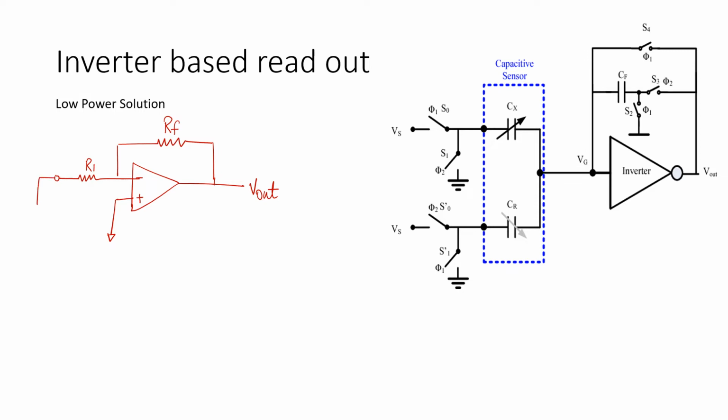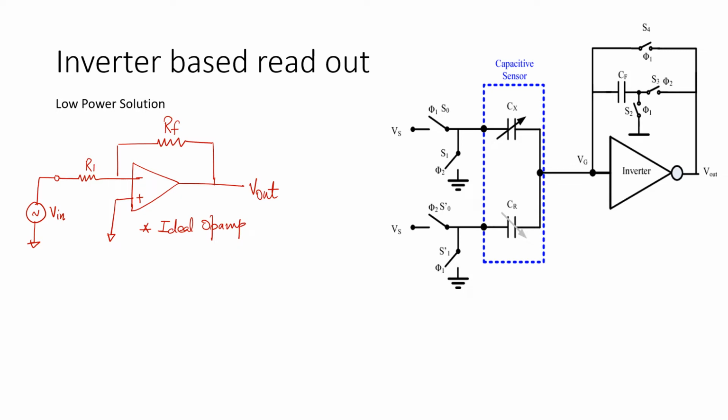Let us apply the input value here, V in. So the equation to find out what is the maximum output, or what is the voltage output here, is as follows. There are two conditions. The assumption is it is an ideal op amp. So when you have an ideal op amp, the conditions are